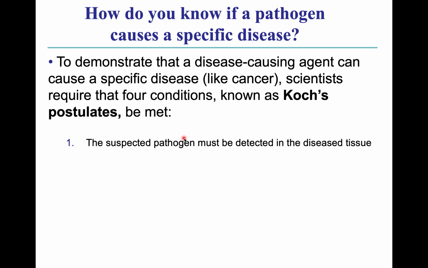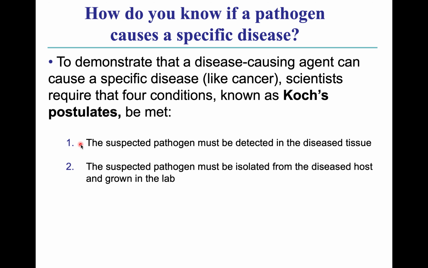If you've taken microbiology, you're probably familiar with Koch's postulates, which were designed to demonstrate that a particular infectious agent causes a specific disease. There are really four conditions that have to be met in order to satisfy Koch's postulates. The first is that the suspected pathogen has to be detected in diseased tissue, so in this case in cancerous tissue. Then you have to be able to isolate that particular pathogen, virus, bacteria, whatever the case may be,